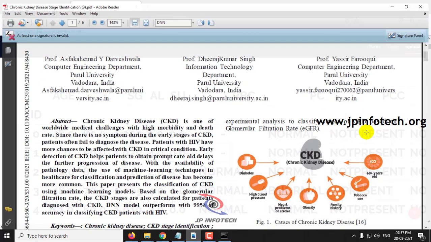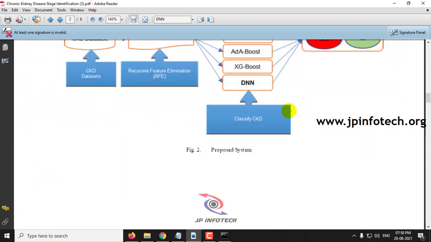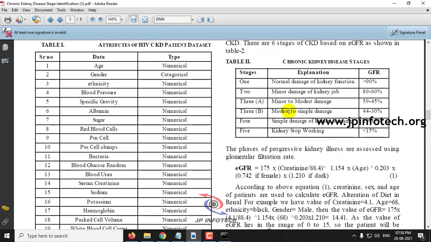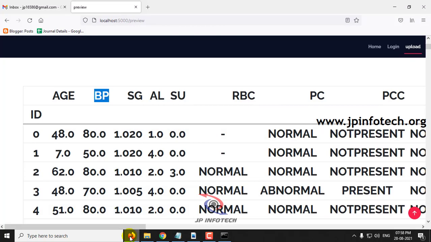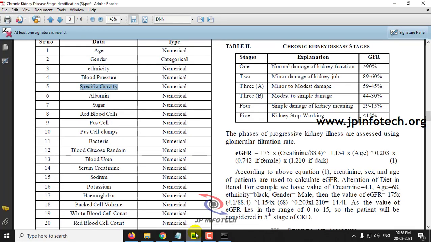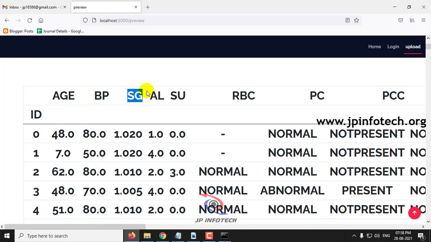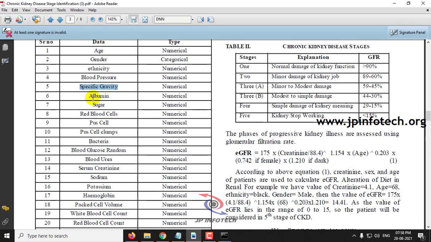Just open your base paper and there you can see the attributes description. Here you can see age, gender, ethnicity, blood pressure, specific gravity. Those details have been shortened here. You can see that blood pressure is BP, SG is specific gravity, and AL is albumin,